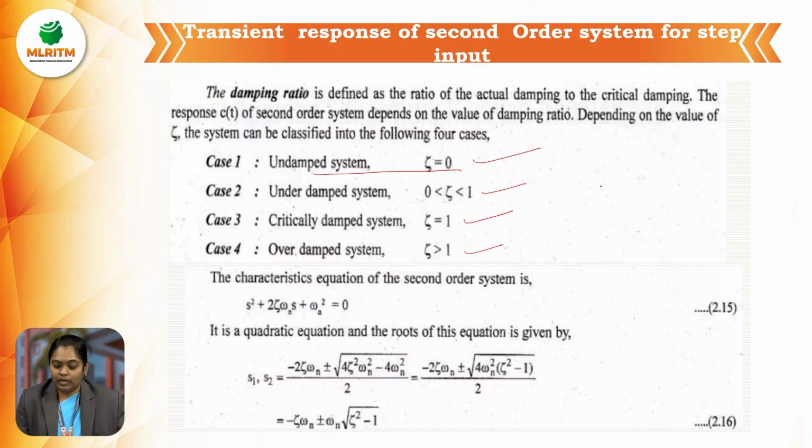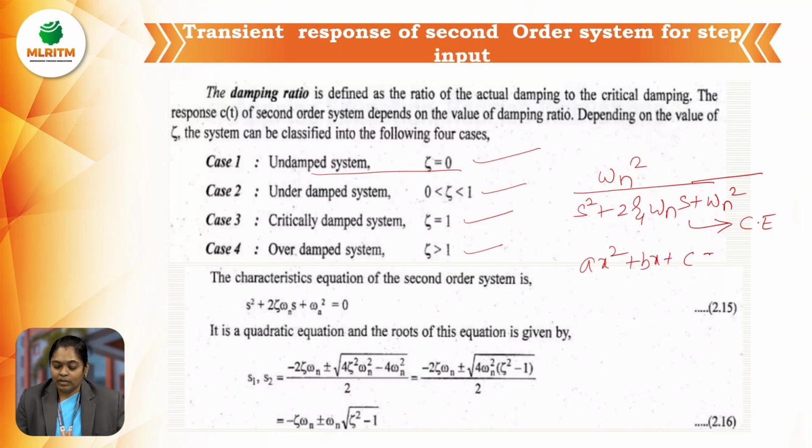So already we have seen that the second order system can be represented as omega n square by s square plus 2 zeta omega n s plus omega n square. The denominator part of a transfer function is called the characteristic equation. This characteristic equation is in the form of a quadratic equation. If you compare it with the quadratic equation ax square plus bx plus c, we will get two roots. Those two roots can be determined by using the formula minus b plus or minus root over b square